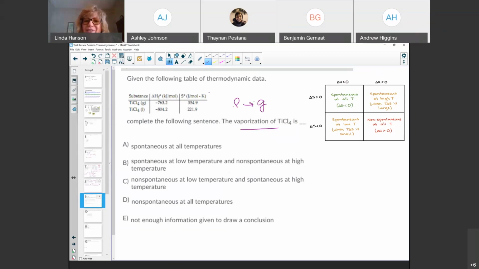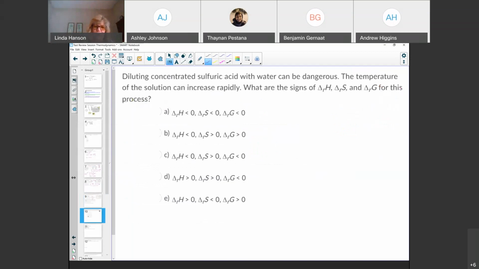And if we approach this truly in a non-mathematical way, I know that a liquid turning to a gas has an increase in entropy. I don't even care about the number. And I know that when a liquid turns to a gas, it has to absorb heat to do so. It is an endothermic process. And remember, if a gas cooled to a liquid, it would release heat, but a liquid has to absorb heat to turn into a gas. So I don't even have to approach this mathematically. I know based on phase changes that I always end up on this quadrant up here. Pretty cool. Good work. That was a good thought question.